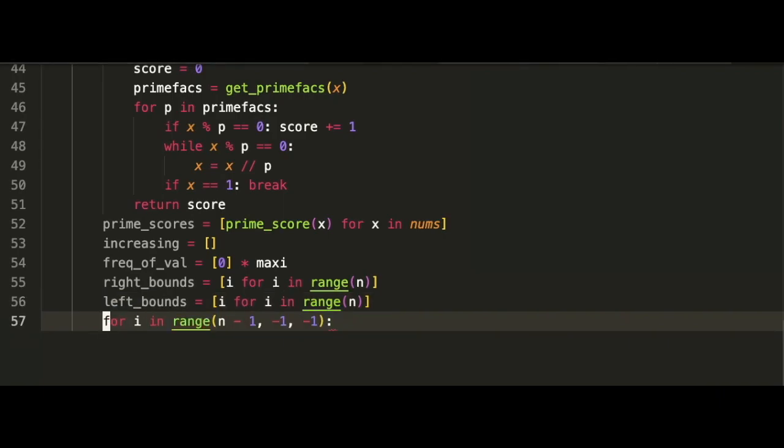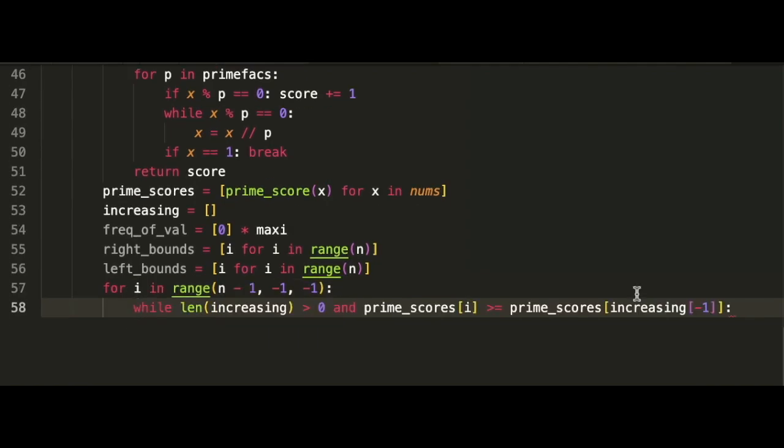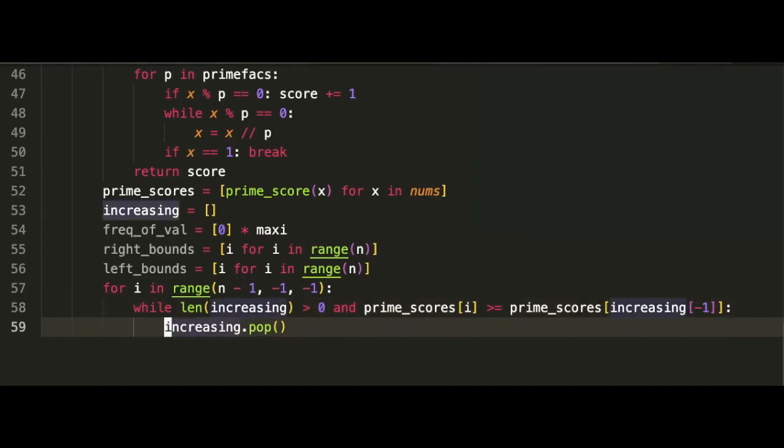So first we're going to iterate everything from n-1 to 0. In line 58, that's where we are going to calculate the right boundary of each element. As we mentioned, we will use a technique called monotonic stack. So when the current score is larger or equal to the stack top, then we can just pop the stack top,